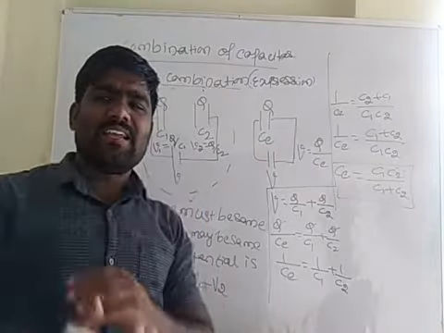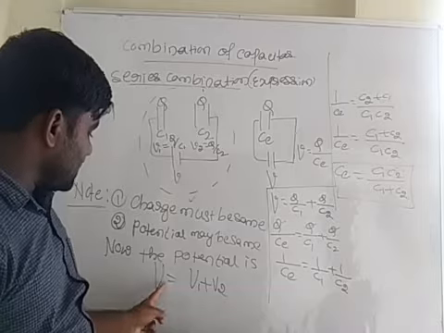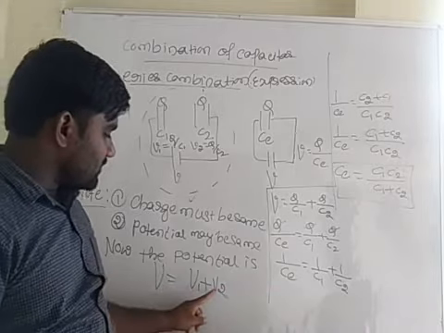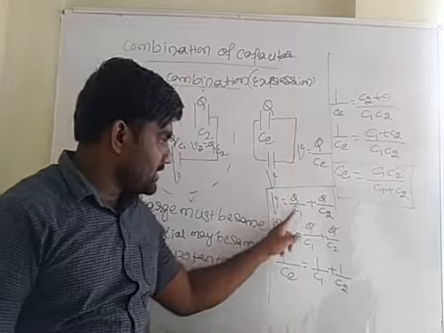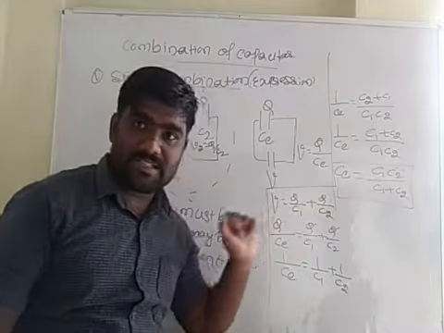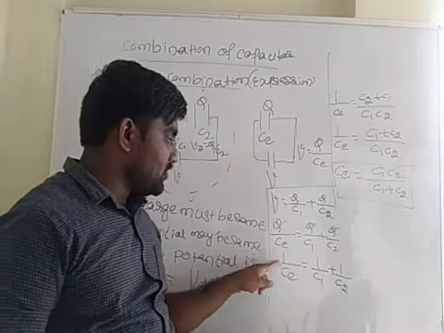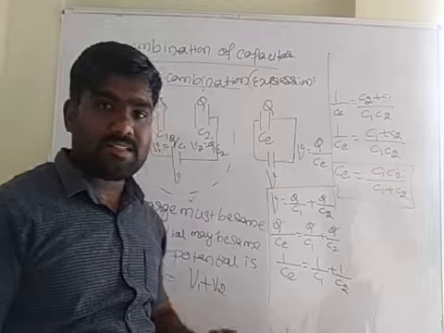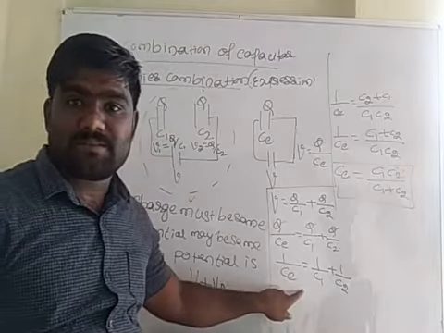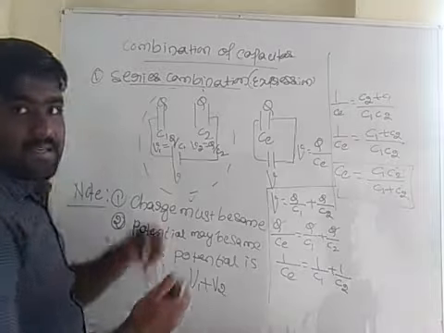If there are three capacitors, then V is equal to V1 plus V2 plus V3. Similarly, V is equal to Q by C1 plus Q by C2 plus Q by C3. So Q gets cancelled. Then 1 divided by CE is equal to what remained? 1 divided by C1 plus 1 divided by C2 plus 1 divided by C3. This is the final expression. Okay? Okay. See the next.